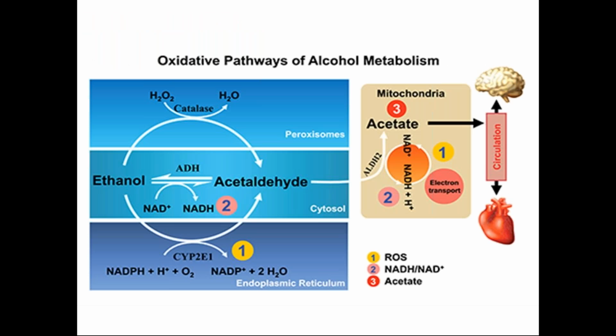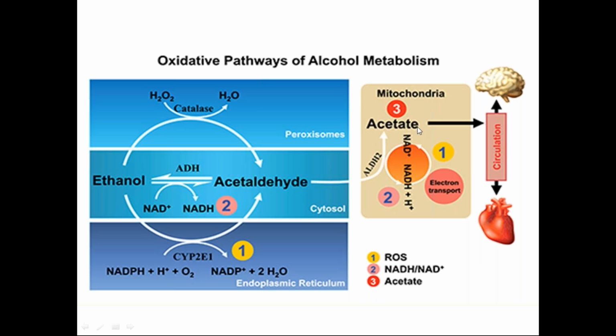This is the pathway of alcohol metabolism. We can see here ethanol, which is ethyl alcohol, is converted into acetaldehyde in the cells by ADH, alcohol dehydrogenase. Then this acetaldehyde is converted into acetate by aldehyde dehydrogenase. One is alcohol dehydrogenase, another is aldehyde dehydrogenase. Ethanol is converted into acetaldehyde by alcohol dehydrogenase, and then acetaldehyde is converted into acetate by aldehyde dehydrogenase